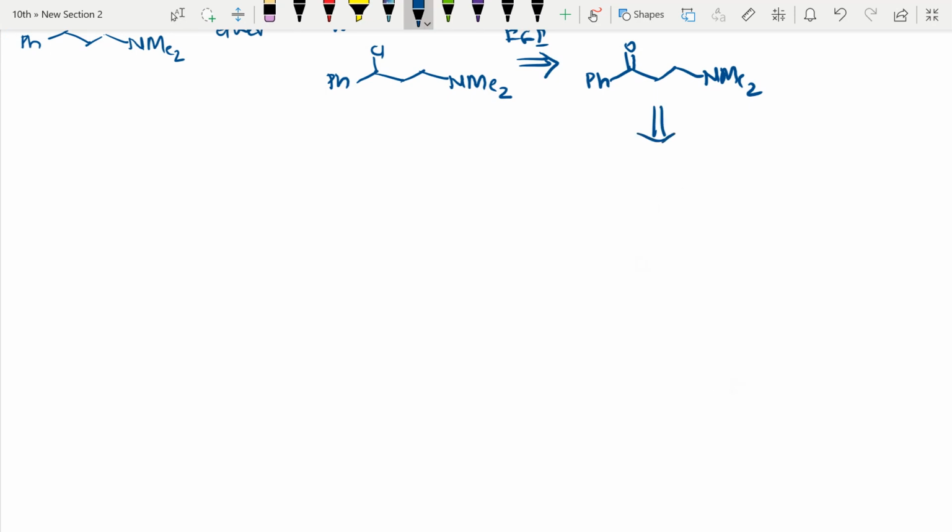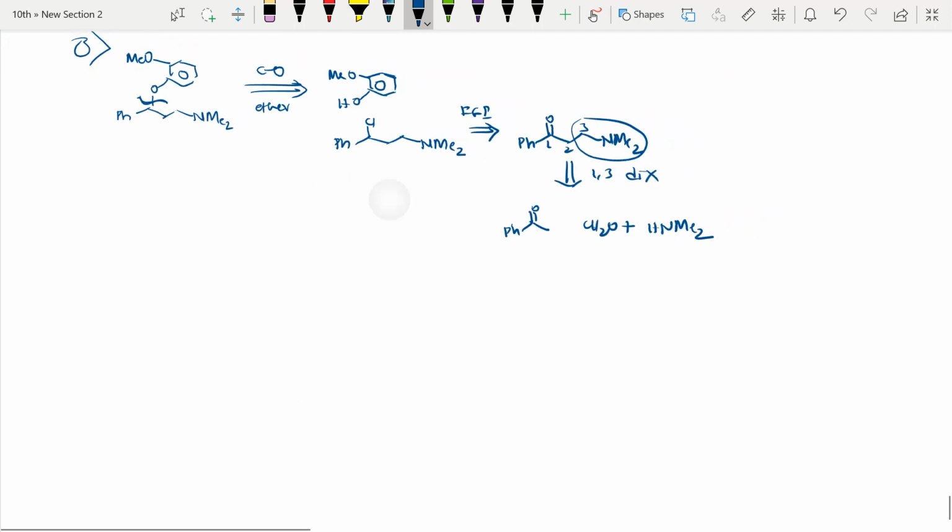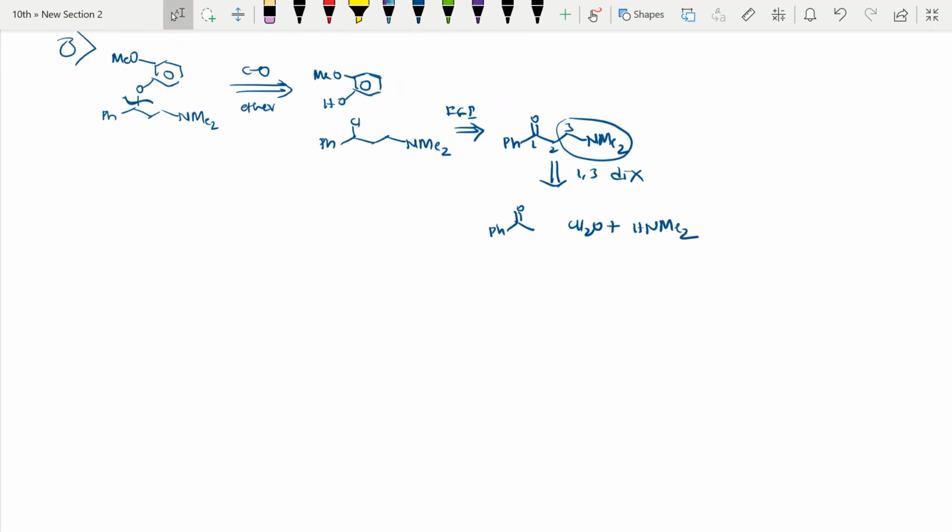See here, this is tertiary. So here also a 1,3 relation is there, right? I can disconnect. So a 1,3 disconnection I will do, right? So what I will get, PhCOCH3 ketone I will get. Here I will remove this thing and simply I will write CH2O plus HNMe2. I hope you got it, right? So the reaction same way you can do, you will get it back. I hope you can do the reaction, right? Nothing is there. This step you can do, you will get to this reaction. If I want to write till this, you will get, right?